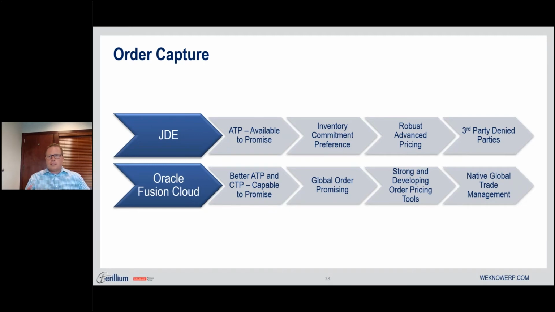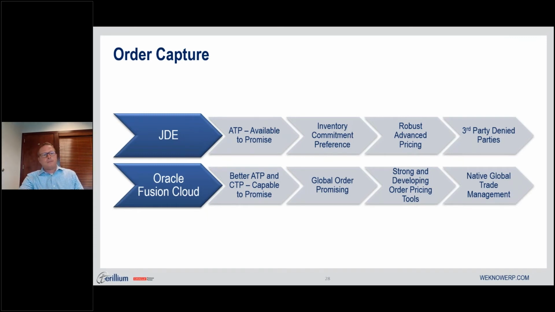But one of the things that Angela mentioned that's astonished me, quite honestly, being an ex-JDE guy with the cloud, is how fast features are being released to shore up some of these areas that are a little bit different. Another, and this is only because it's top of mind with a customer that has a sensitive product, denied parties in JD was really tough. You generally saw third parties or modifications, third party like Amber Road or someone. Global trade management is meant to work with Oracle Fusion Cloud. So if you work in a business where you need to restrict things to California or abroad, that's an attractive